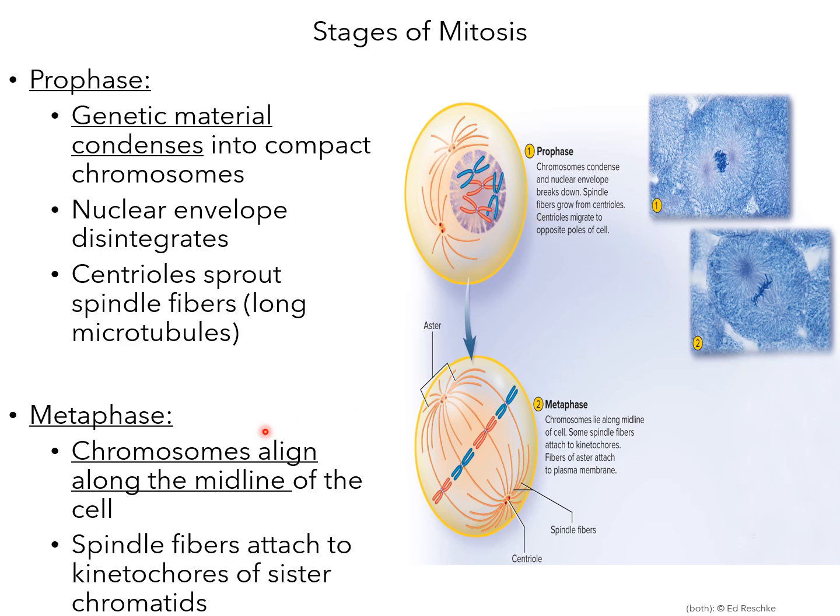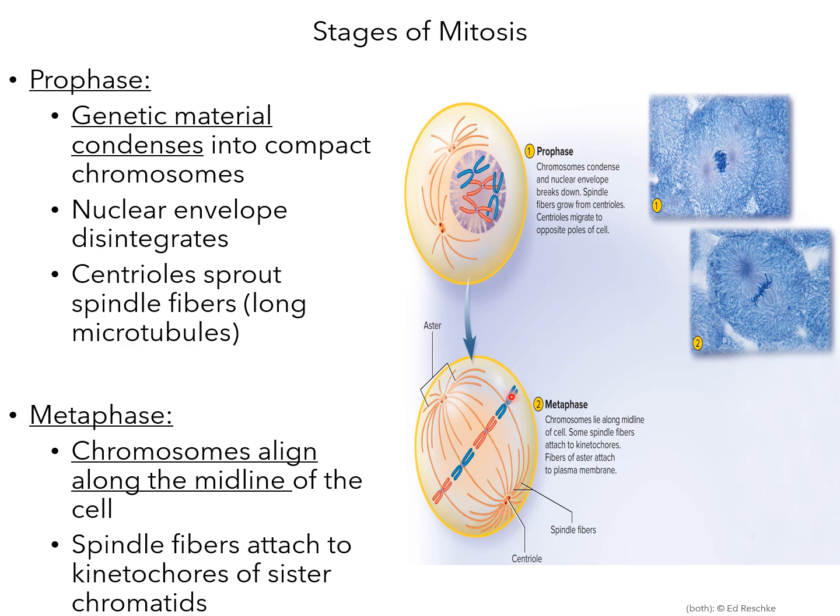During the next phase, which is the metaphase, the chromosomes align along the equator of the cell, and then the centrioles start migrating to the opposite poles of the cell, and the centrioles sprout long microtubules, and these tubules are called spindle fibers. Spindle fibers attach to the